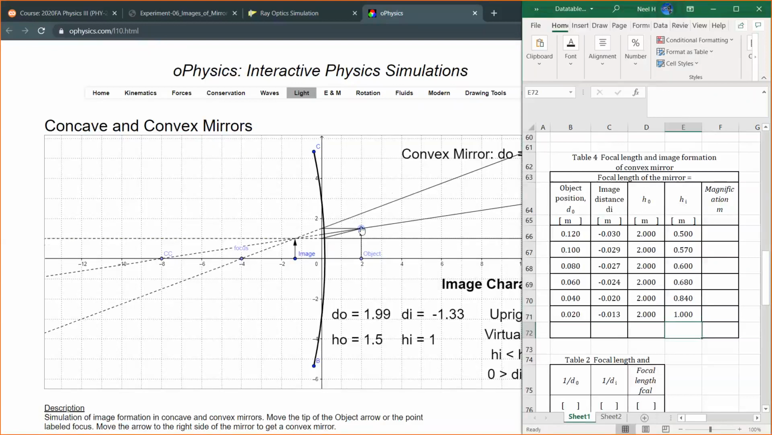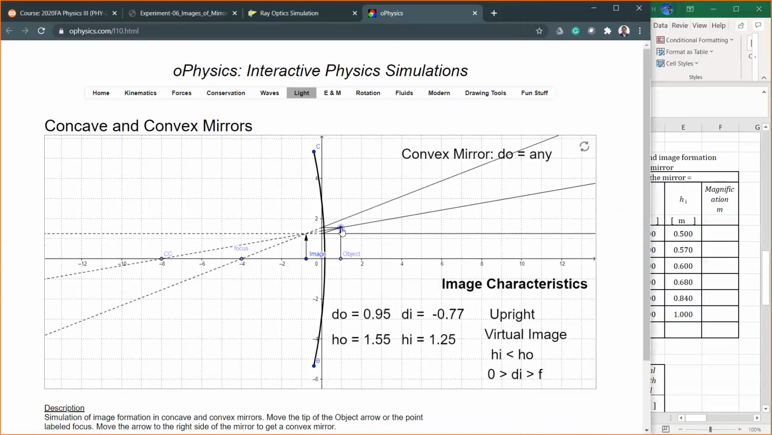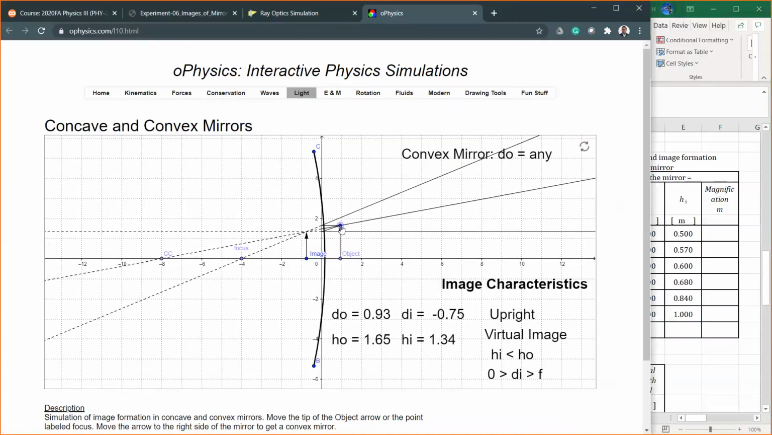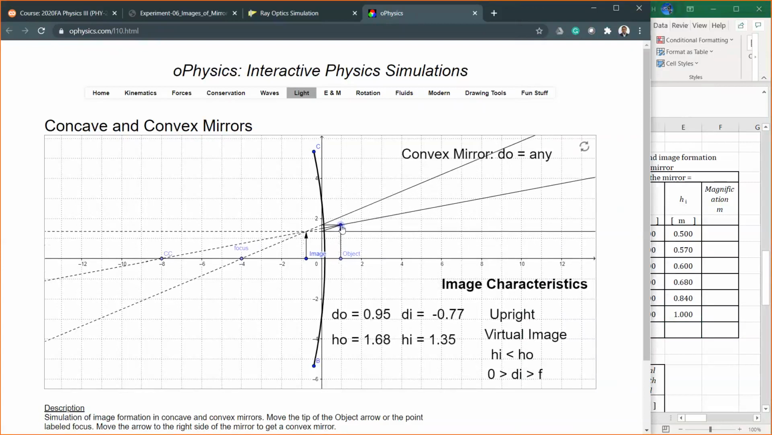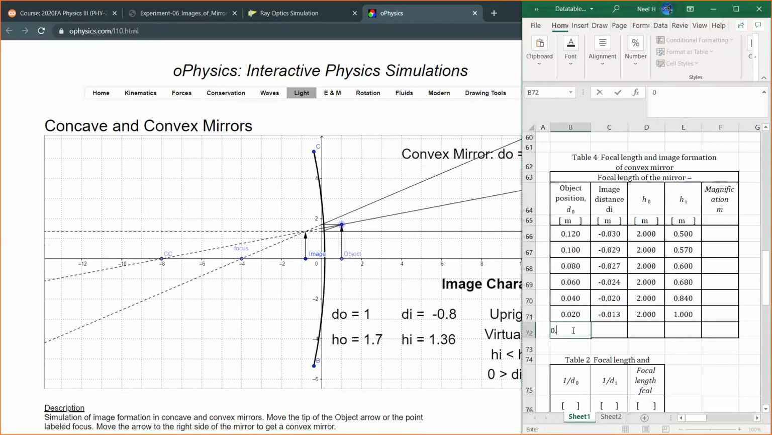Okay, and one more data point. Object now at 1.0 location. If you can't get it to exactly 1.0 location, just get as close as possible. 1.08, or you have to write it down exactly the number you see here, okay? That's going to be 0.01. The image is going to be at negative